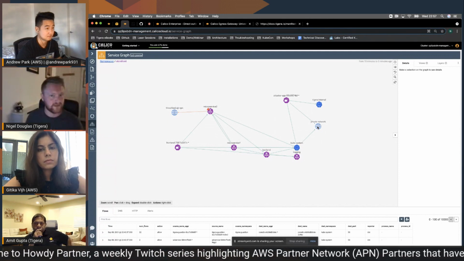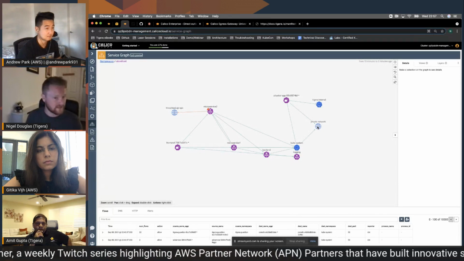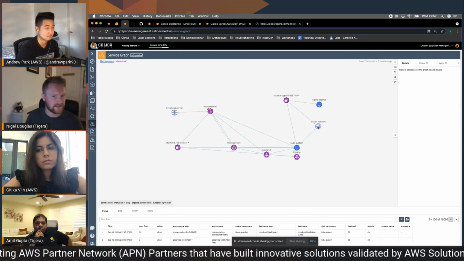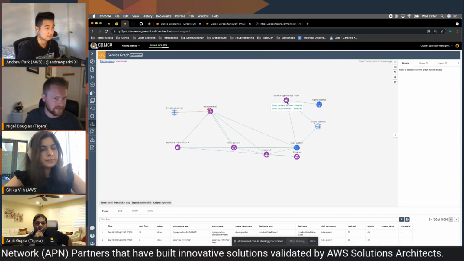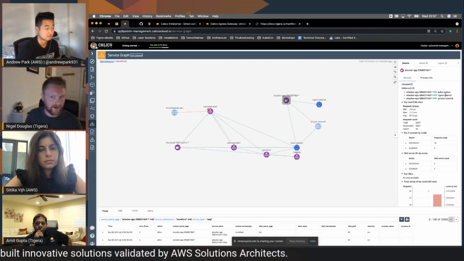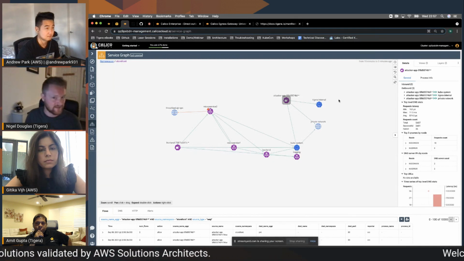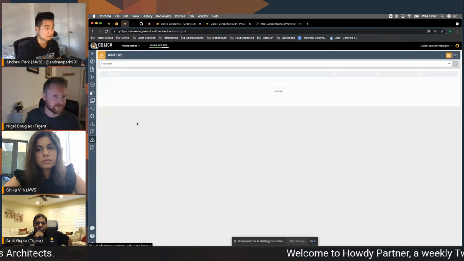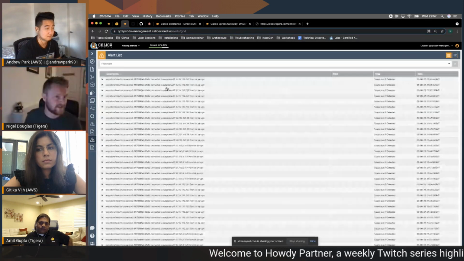With those honey pods, these fake decoy pods, they could be a vulnerable MySQL image or an Nginx image. If this pod, this attack wrap, tries talking to one of the pods in that Tigera internal namespace, which is where the fake pods are running, it will trigger an alert telling us some SSH attempt was performed.